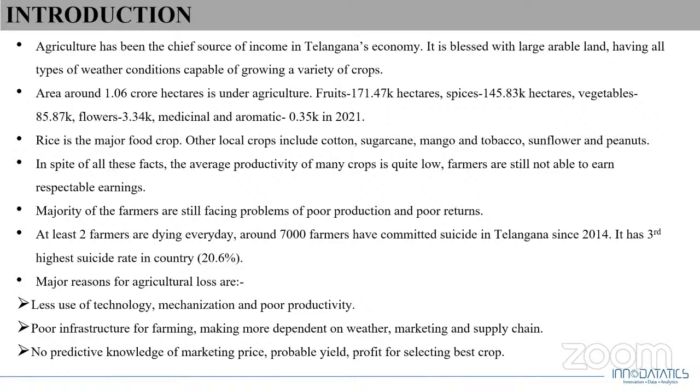There might be a lack of usage of technology or a lack of mechanism that they are using to grow the crop, which leads to poor or less productivity. So the next point will be poor infrastructure for farming, making farmers more dependent on weather, marketing, and supply chain. Weather also plays a major role to get the best productivity. But if the weather condition is not good, and if there is an unexpected change, it might lead to loss of crop. Marketing and supply chain also play a major role,